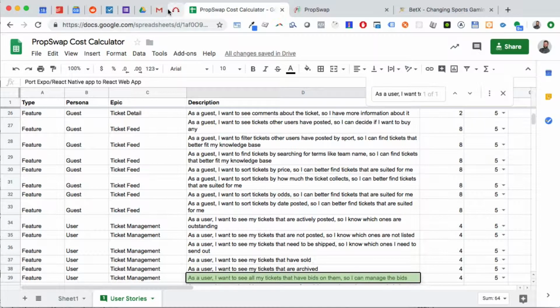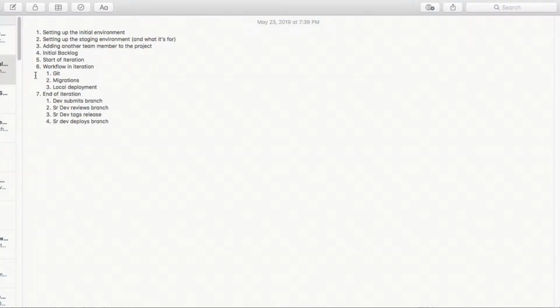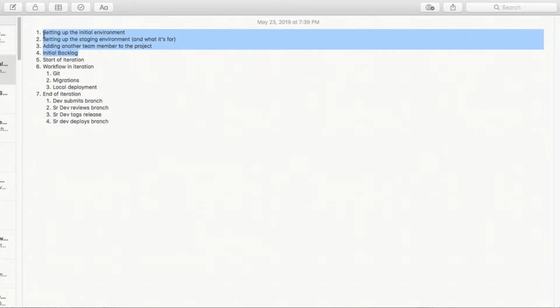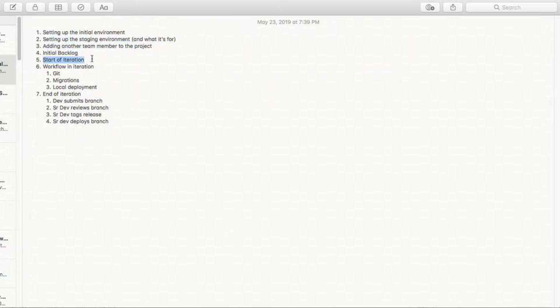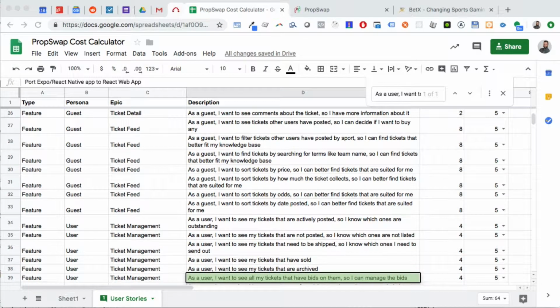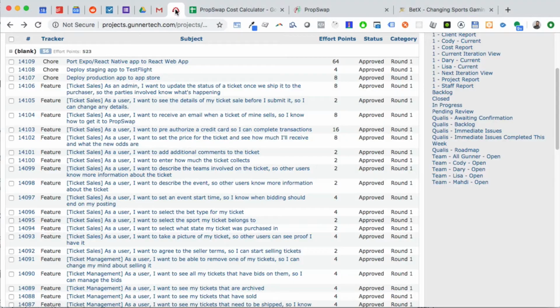Okay, so this next one that we're going to do here is we're going to look at the start of an iteration. So we've done these in the series already. Now we're going to look at actually starting an iteration, both from a management standpoint and then also a developer standpoint. So what we have here, we set up the initial backlog last time, and here we are looking at